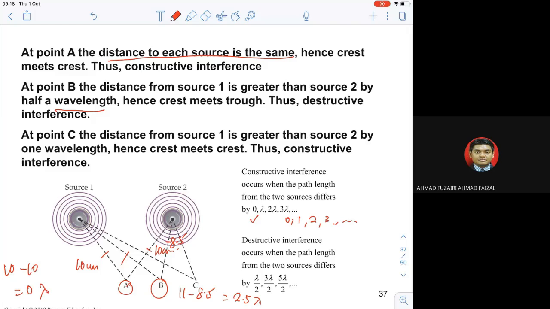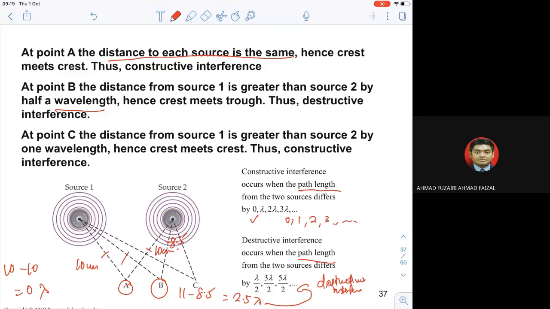So 2.5 lambda is considered to be destructive interference. So this is how you do it, by looking at the difference in the path length. This is called path length difference. It's really good to understand the concepts of